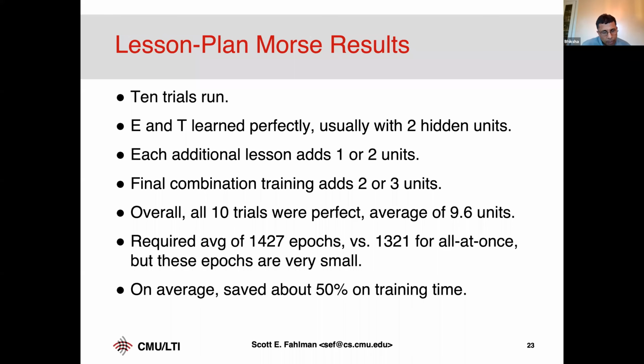So, Scott? Yes. As you go from the easy lessons to the tougher lessons here, does the number of neurons you require to make up for the difference keep increasing? Generally not, because it's got a lot of structure already from the previous training. So it's just adding 2 or 3 hidden units for each new batch.